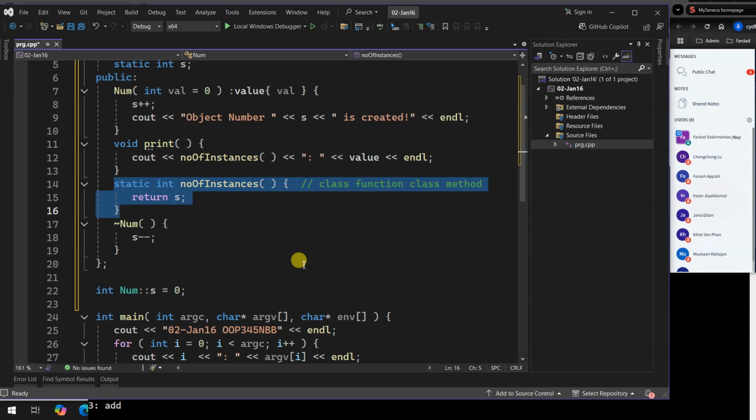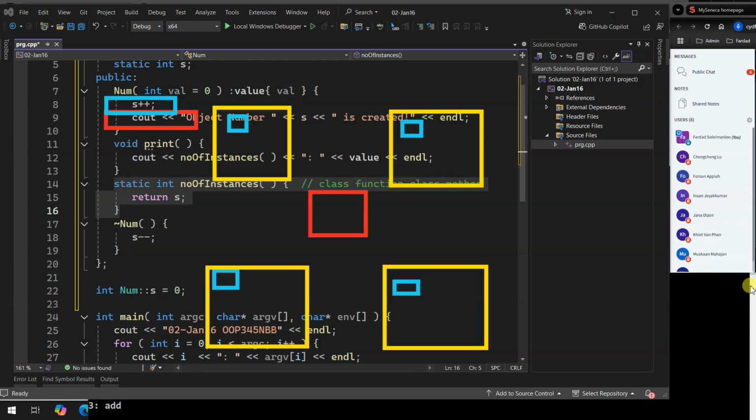You can make a member function static. And when you make a member function static, the function you create becomes an outsider too. It exists outside of the class, but it has access to the class.